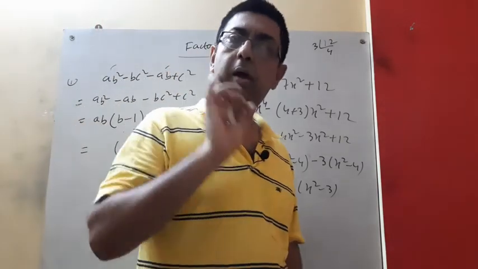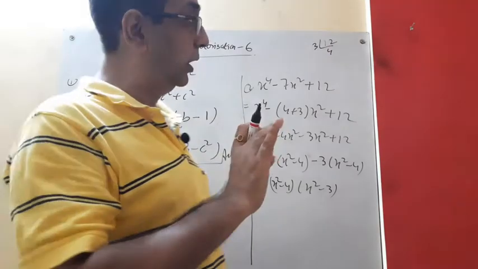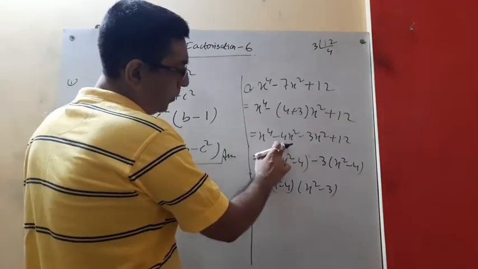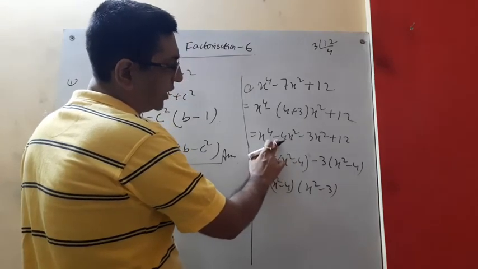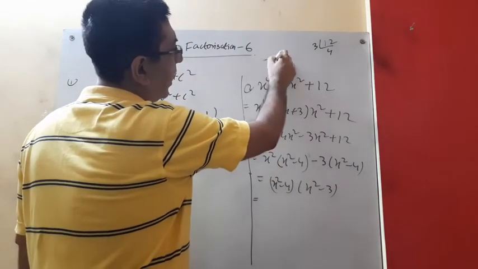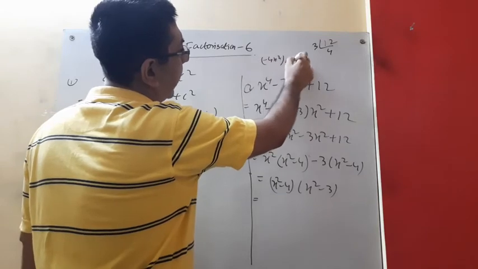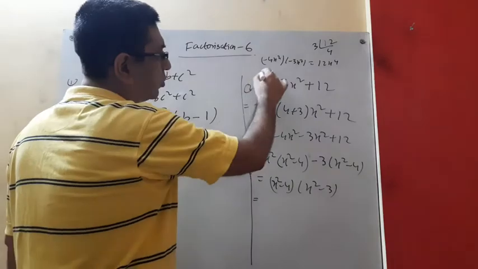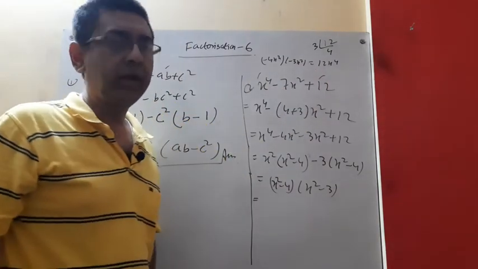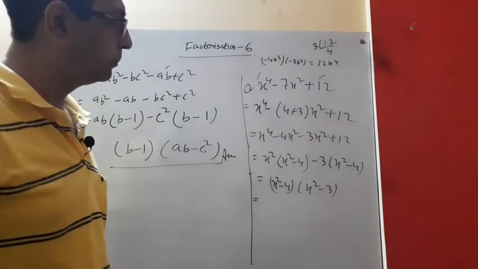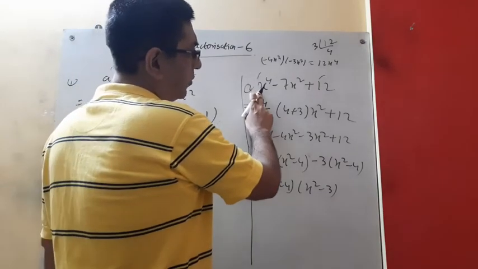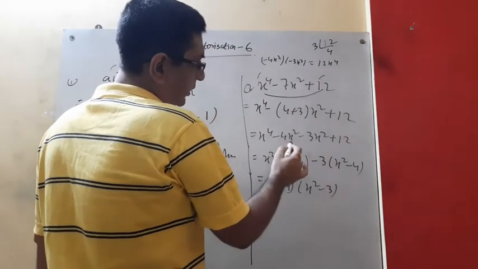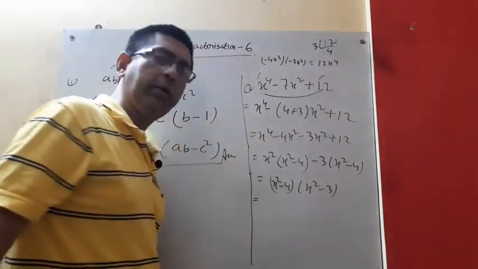But why have I chosen this sum? There is some special reason that I have selected this sum. Look, this is very important. x4 and minus 4x square, and if you multiply minus 4x square into minus 3x square, you will get 12x to the power 4, isn't it? Now this one into this one is 12x to the power 4. That is how we are doing it. This is x to the power 4 times 12, so multiplying we get 12x to the power 4, and here also these two terms multiplied give 12x to the power 4.